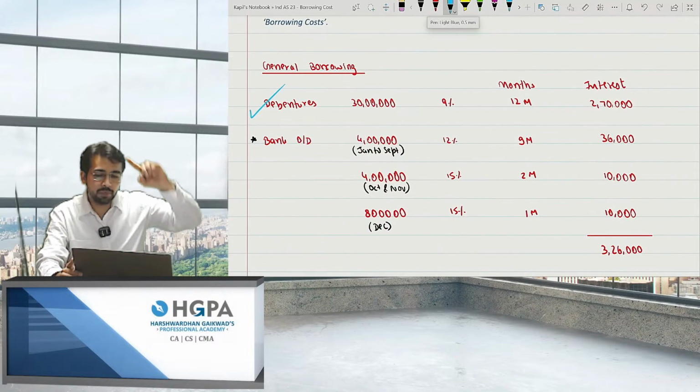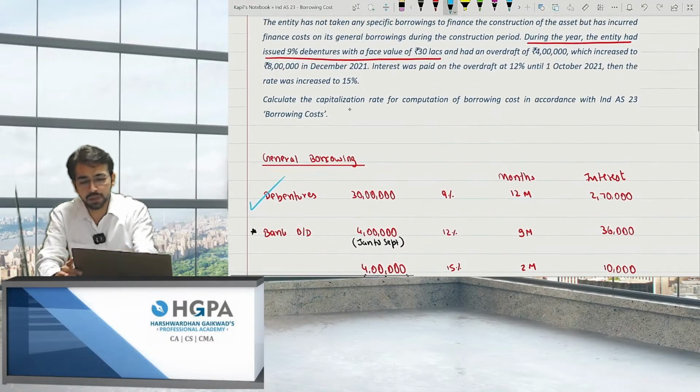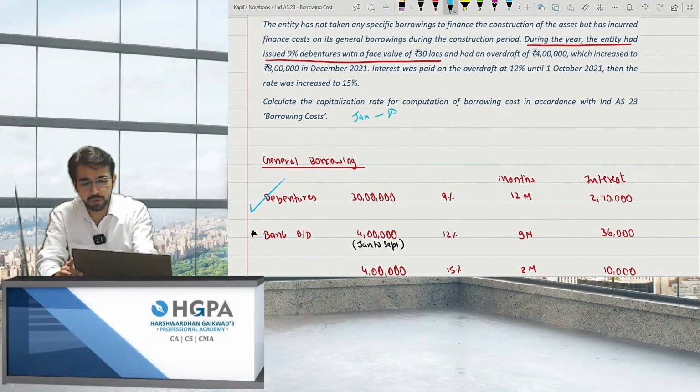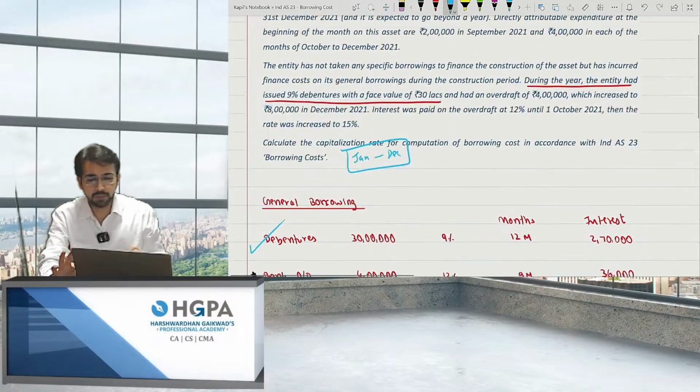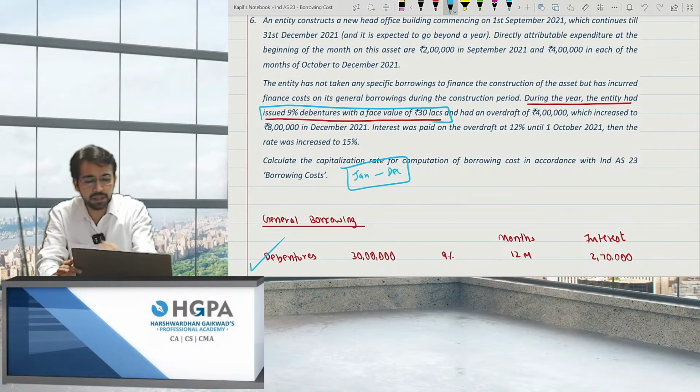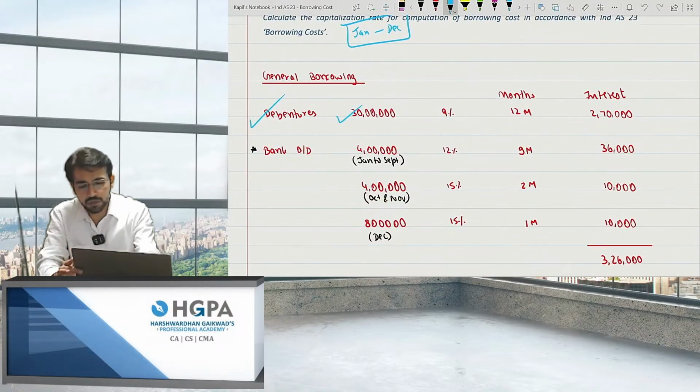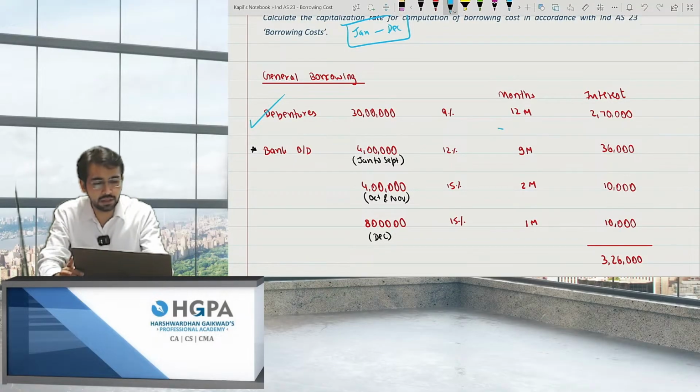Debentures from the beginning of the year. There is a general assumption that the rate is from January to December. Okay, from Jan to December. Over here, they have issued 9% debentures of 30 lakhs. So can I say debentures of 30 lakhs at 9% were issued for the complete year,